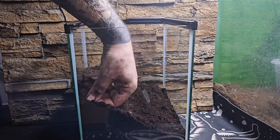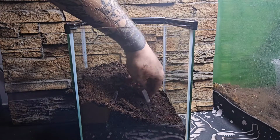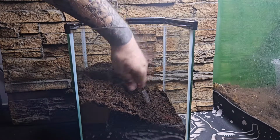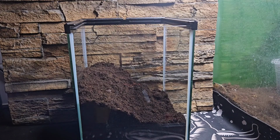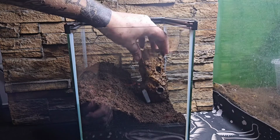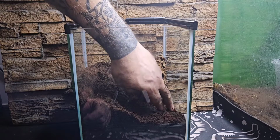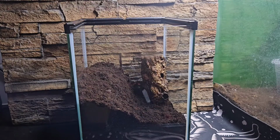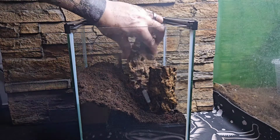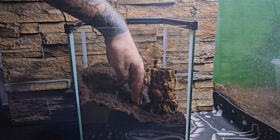And like I said a second ago, I'm going to try and create a slope so this spider thinks it's up in that mountain range. And with it being arboreal and fossorial, I'm going to put a cork bark tube in there, probably at the front right. So what this will allow is to give it those arboreal options, but then it will be able to burrow at the base of that cork bark as well, which is something we should be considering with the majority of arboreals, is giving them the option to bury or burrow at the base of their